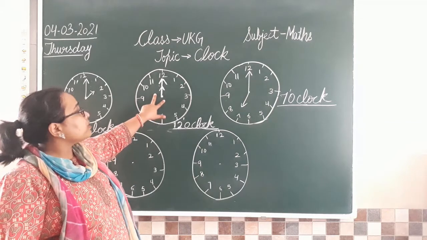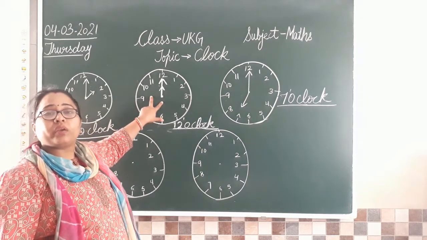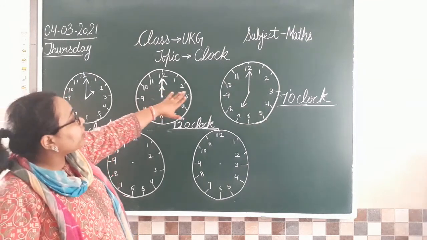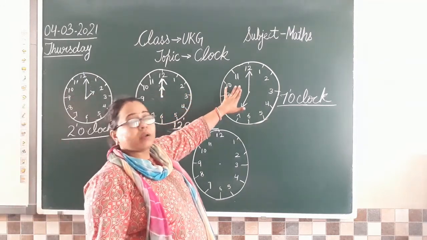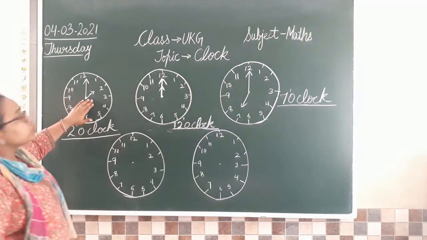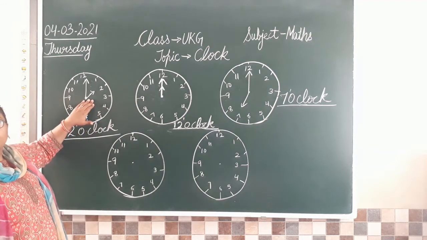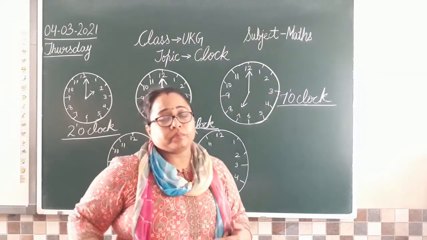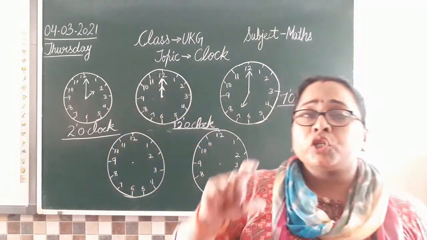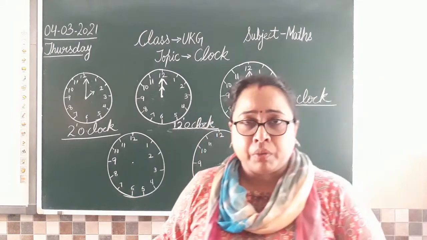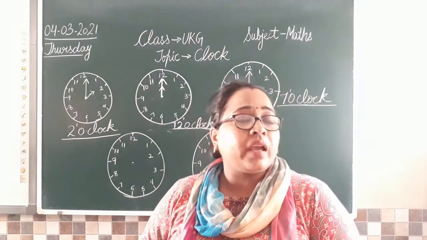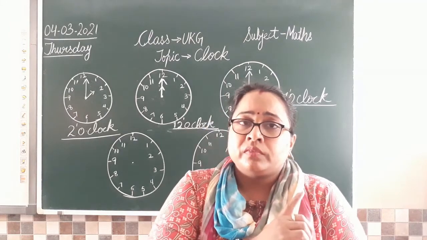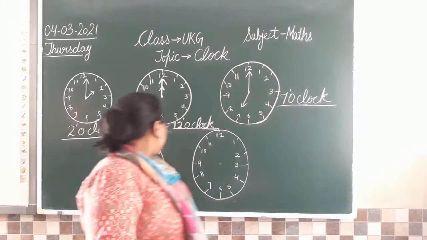Clear? What does this mean? The time by this clock is 12. Here it is showing 7 o'clock and here we have 2 o'clock. समझ में आया बेटा? जो भी टाइम आपसे पूछा जाता है, you have to point the short hand towards that number और जो long hand है that will always point towards 12. Clear? Let's see one more here.